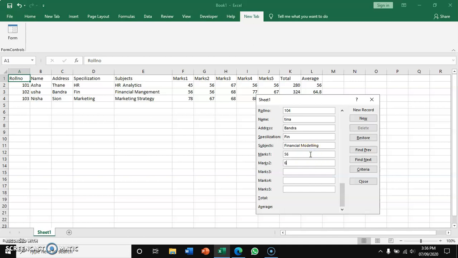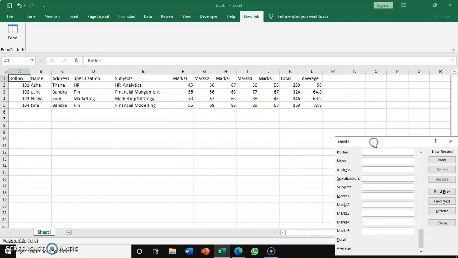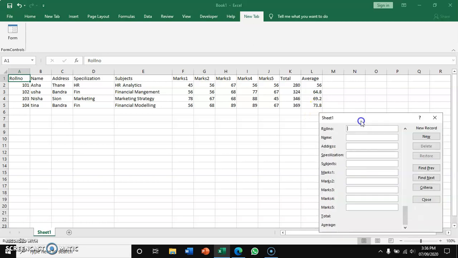To move from one cell to another, you can press the Tab button on your keyboard. 89, Tab, 67. Click on the next record and now you will see that the data is already there. You can see the total and average also got calculated automatically.